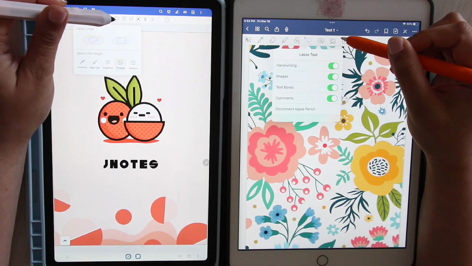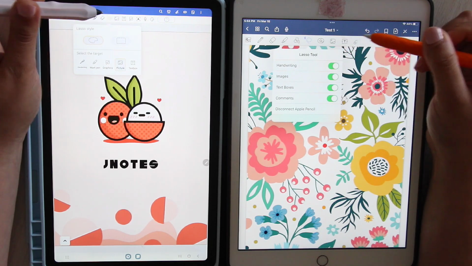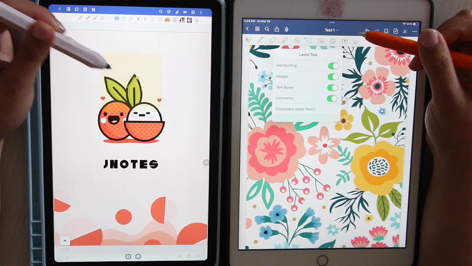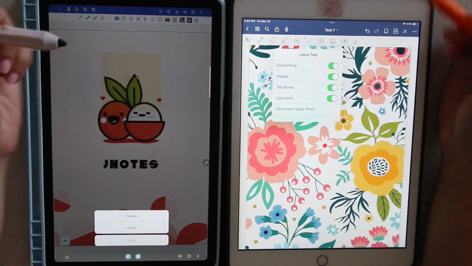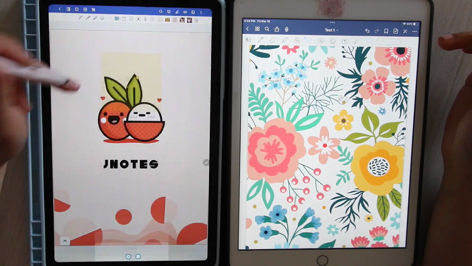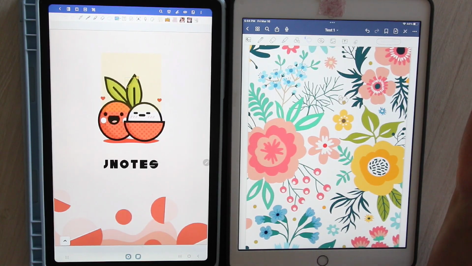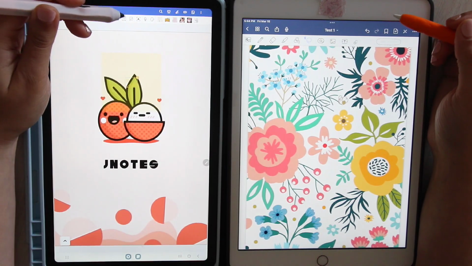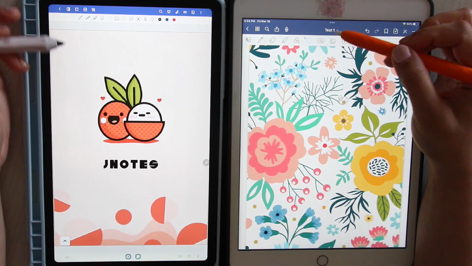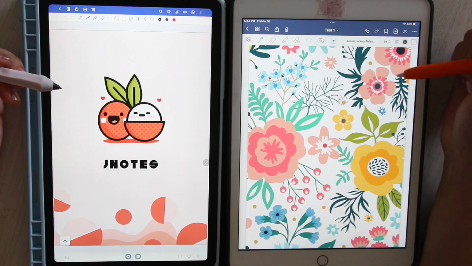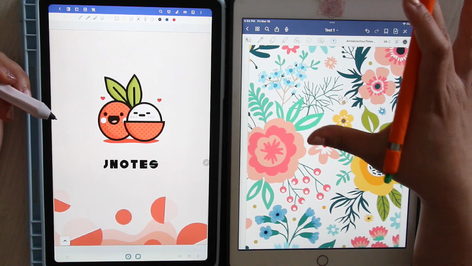The picture tool is the same. You click something, you'll get your pictures to pop up, which I'm not going to show you guys my pictures right now because like I said, I'm working on products and I don't want to give away all of my stuff. All right, and then text is very similar, except text, bringing in text on an iPad, excuse me, is